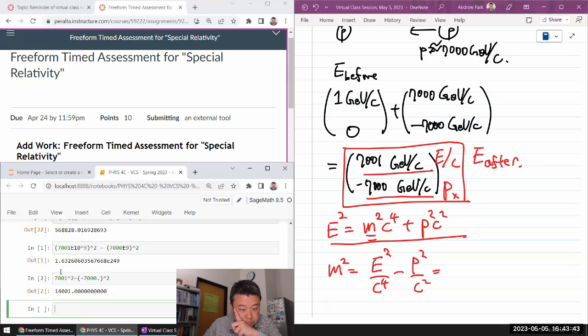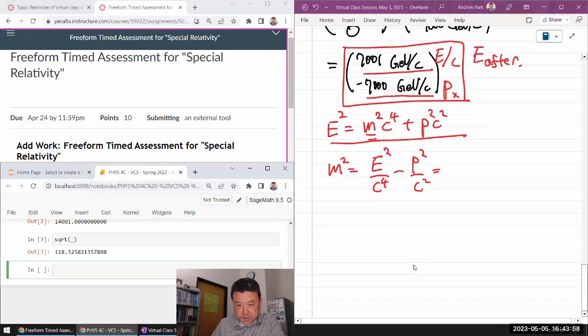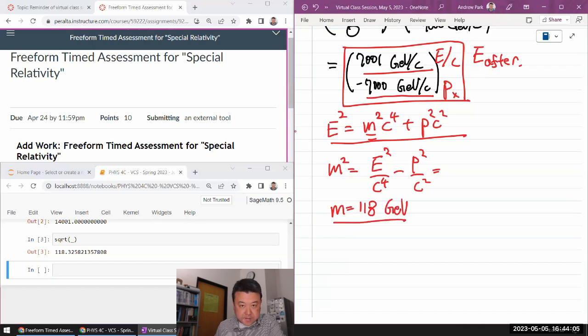So that's the rest energy squared. Now I can take the square root of that, which will give me the answer in giga electron volt. That's the m squared, so when I take the square root, I'll get the rest mass. From that calculation, m is equal to 118 GeV. So this is the max rest energy of the particle produced